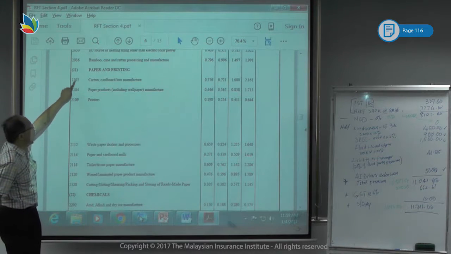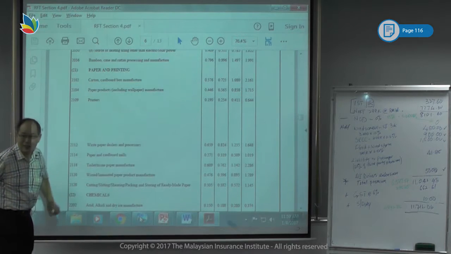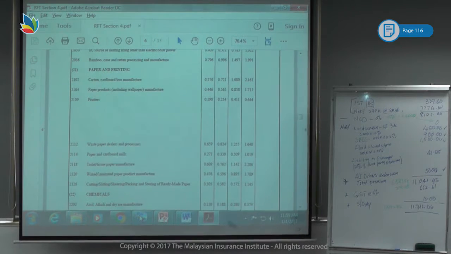Under paper and printing, you have three categories. So which is the correct line you need to choose? The rule is the higher risk. If there is more than one trade description, take the higher of the risk. Our insured is printing and book publishing. So printing and book publishing comes under, if you look at this tariff,